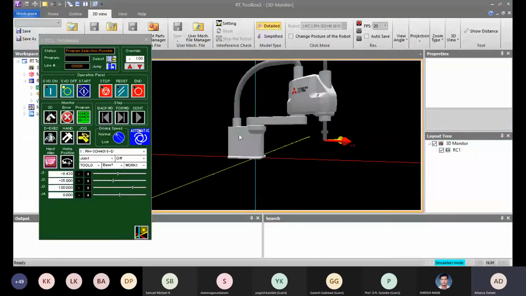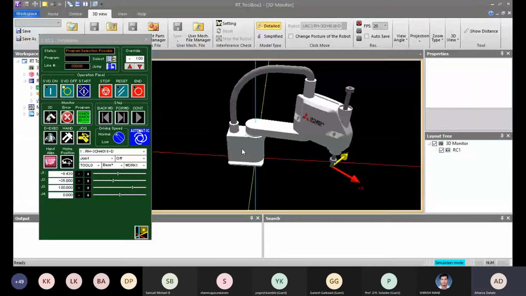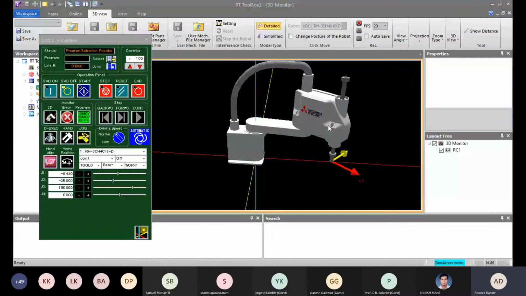Now if I want to move the J3 axis, there is one shaft over here in which a total of 2 axes or 2 motors are present. If I move J3, it will go upside and downside.